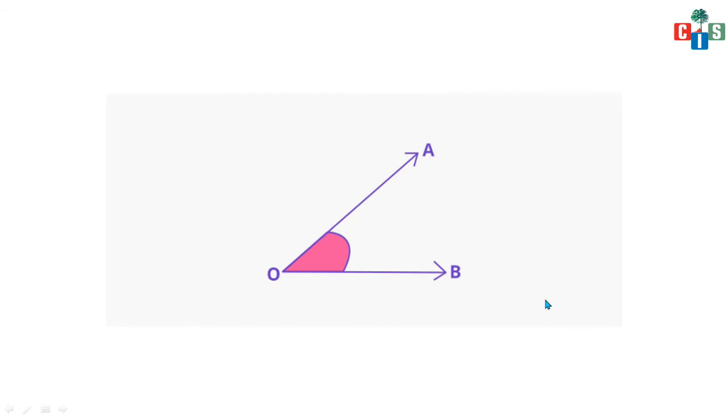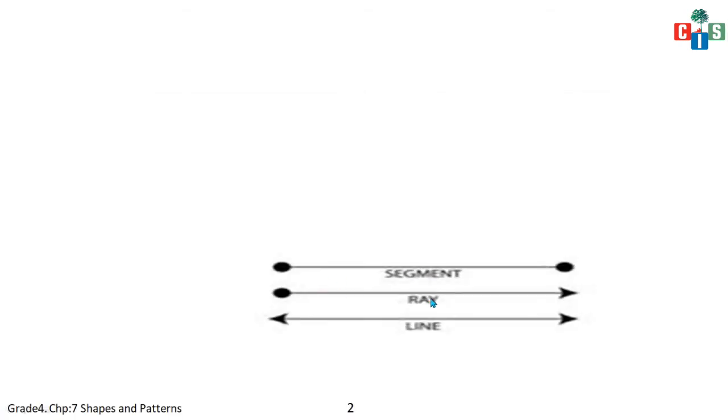Fine. Now moving on to the next topic which we saw, that is segments, ray and line. A segment has 2 end points, so it will have a definite measurement, and a ray is having one end point and it is extending to the right side. Okay, and a ray is a part of a line, and we have a line which will extend in both the directions, and a line will not have definite length because it is extending in both directions.